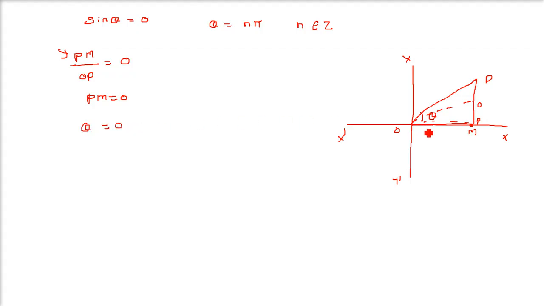And we know that besides 0, we are also talking about pi, 180 degrees. This sin is 0 also if this P can be here also. This angle will be 180. Like this, we can generalize it. It can be 2 pi, we can again come back. So this can be 0, minus pi as well as minus 2 pi. So this is minus 1, this is 1, this is minus 1, this is 2, this is minus 2. So we can write these 1, 2, minus 1, minus 2 as n belongs to Z, and this is nothing but n pi. And theta equal to n pi is the general solution of sin theta equal to 0.